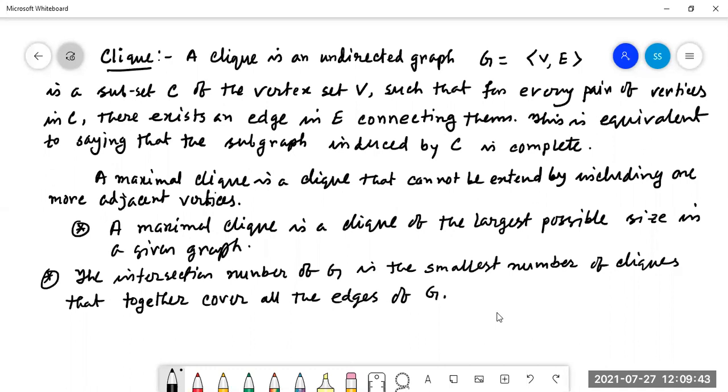Graph coloring ends here. All kinds of graphs are given, and some notes will also be given in your LMS portal. From the next class onward, don't miss the class. Whatever the class timing, if it collides, then ask me. I have already talked with your HOD ma'am about what I should do, and she gave me the green signal to take the class. So I am taking the classes.